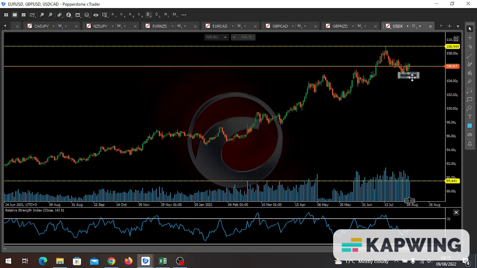This blue box is our decisioning box in terms of entrance. Price has been consolidating, going up and forming higher highs and higher lows. And as you can see, we are consolidating at the 106.57